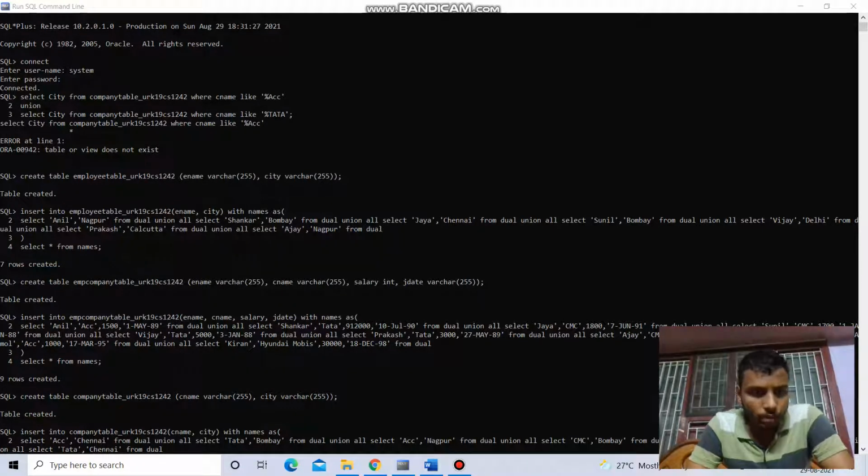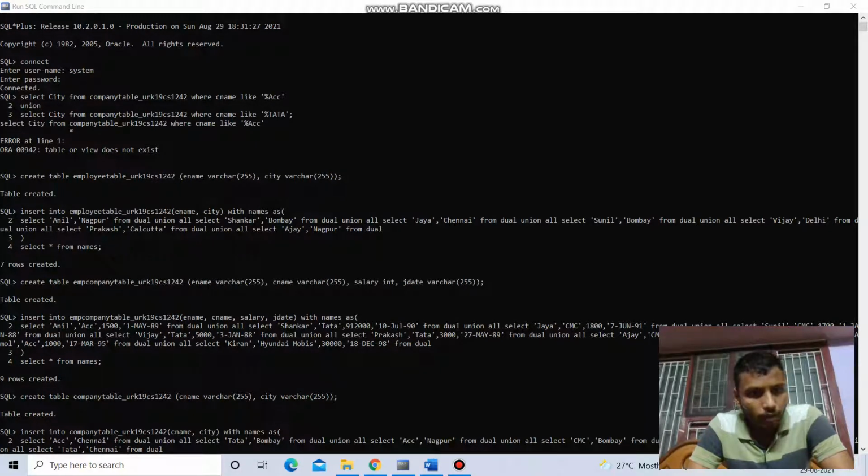Insert into the employee table the register number 142, ename and city, with the names as select Anil, Nagpur from dual union all select Shankar, Bombay from dual union all select Jaya, Chennai from dual union all select Sunil, Bombay from dual union all select Vijay, Delhi, select Prakasham, Calcutta from dual union all select Ajay, Nagpur from dual, and select from the names.